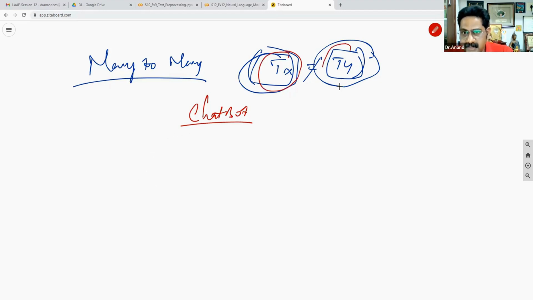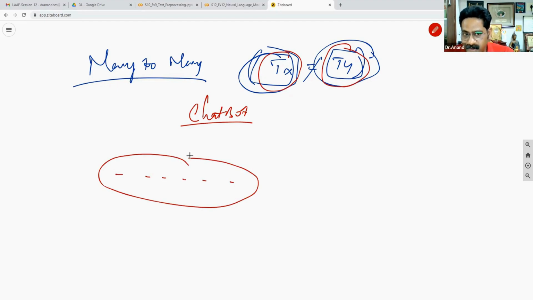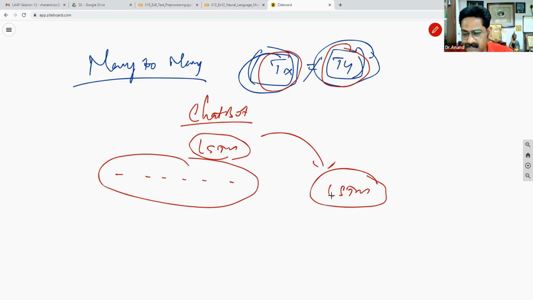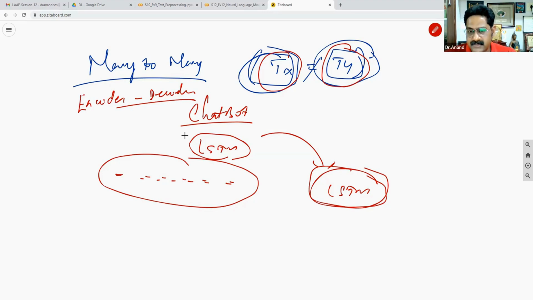Actually, in language translation, there are two things that have to take place. First of all, it should understand the flow of the English sentence. The flow also should be learned. For that, we use a typical language model, just like a general language model, an LSTM. And another LSTM model we are going to use in addition. That is why, if the English sentence is like this, how should I translate this? I need another LSTM model to decode this. So this is the special case. This is called encoder decoder architecture. So far, the three cases I have discussed, one to many, many to one, and many to